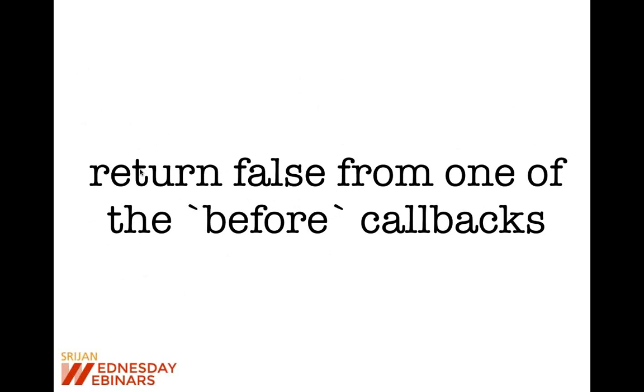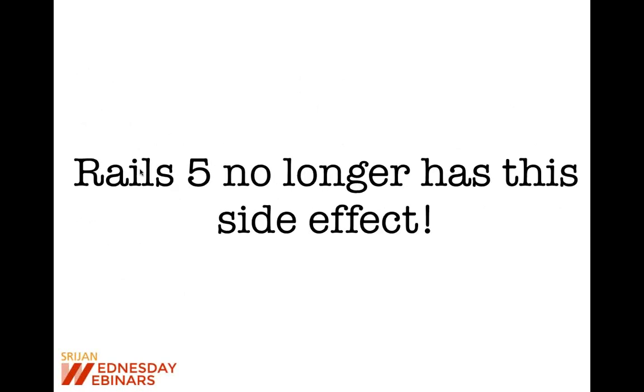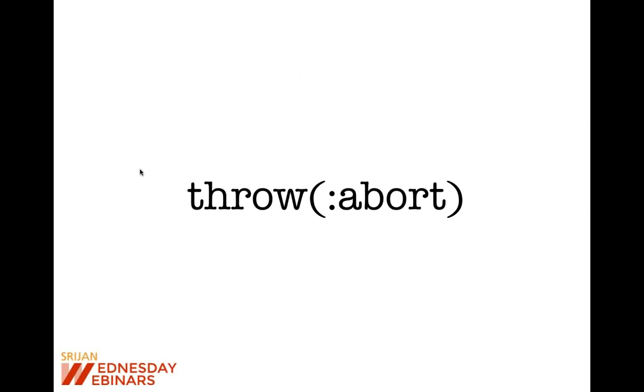This behavior is now changed. So in Rails 5, the callback chain will not get halted if you return false from any of your before callback functions. This side effect has been completely removed, and Rails 5 will no longer halt your code if you return false. If you want to halt, you have to use throw :abort explicitly. And the newly generated Rails apps will add this constraint. So in newly generated Rails 5 apps, you cannot just halt by false.